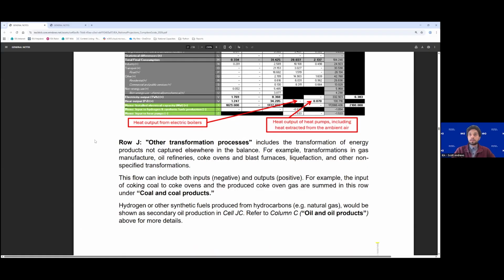And this is telling me, okay, includes transformation of energy products not captured elsewhere in the balance. Let's give some examples. And I think this is an important highlight point here, that this flow can include both inputs, negative, and outputs, positive. And we mentioned here the specific example of coking coal to coke ovens and the produced coke oven gas are summed in this row under coal and coal products. So if I go back to the questionnaire,